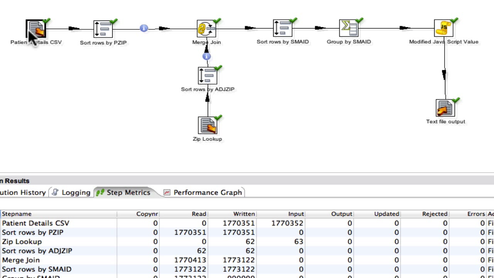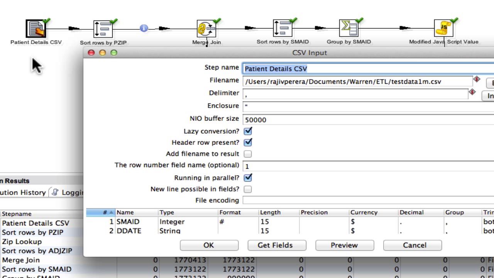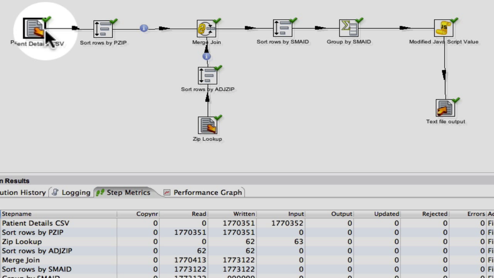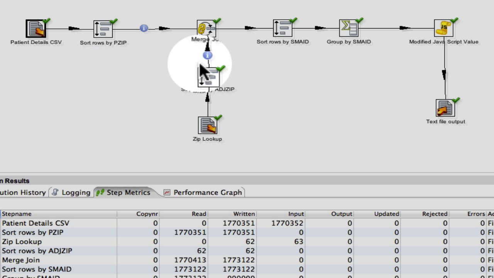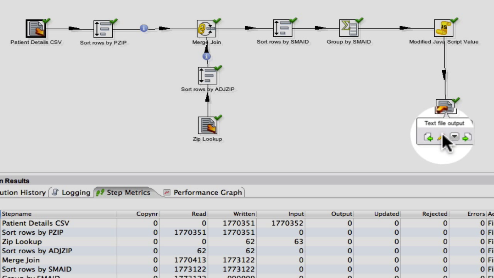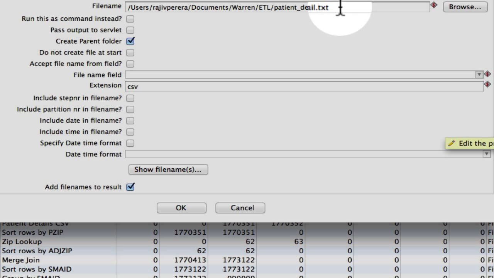So what we have here is a file that has 1.7 million records. What you're seeing here is the processing rules, and like I said, it is documented. We can see what it does. This is not any magic. In each of these steps, it tells us what we are doing to the file. It is going through the lookup here, and then at the end it'll create an output file that we are going to call patient detail